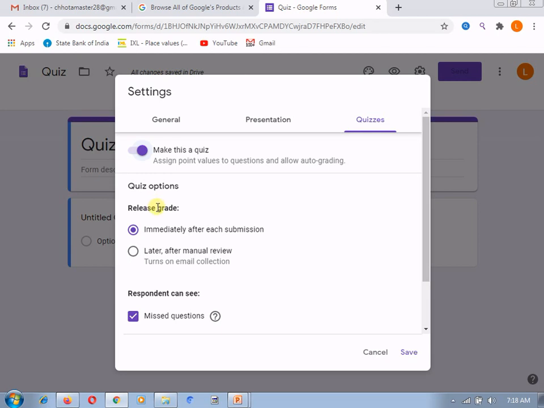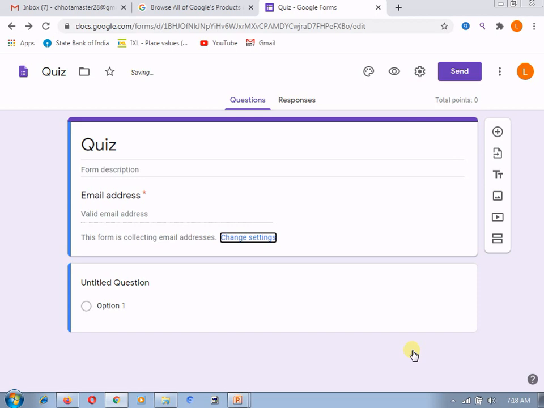You can choose when to release the grade, either immediately after each submission or later after manual review. And whether the respondent can see missed questions, yes, I am checking this box, and here I am opting to save. So now it is created as a quiz.